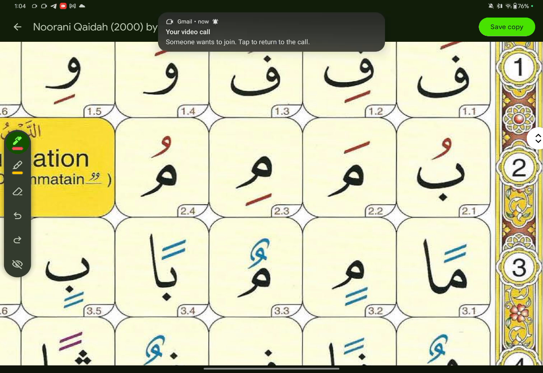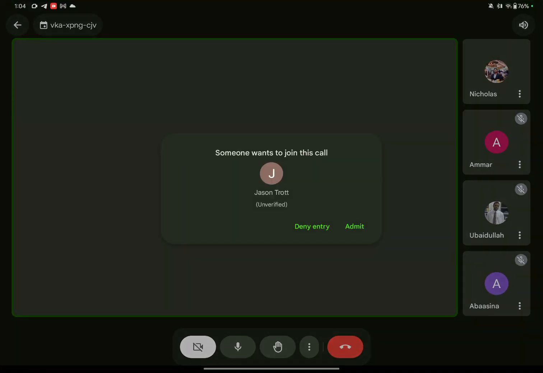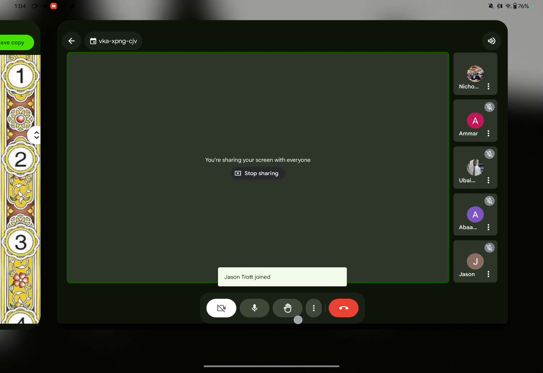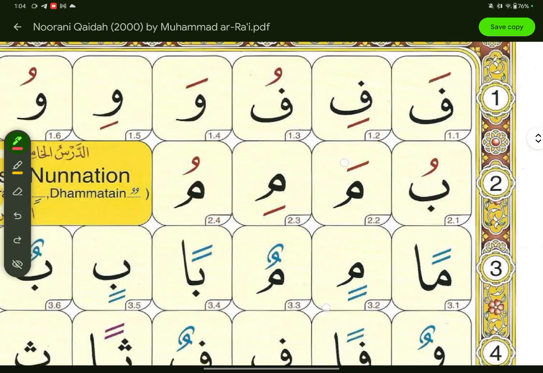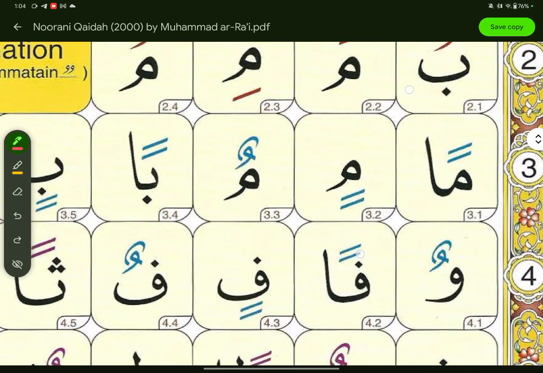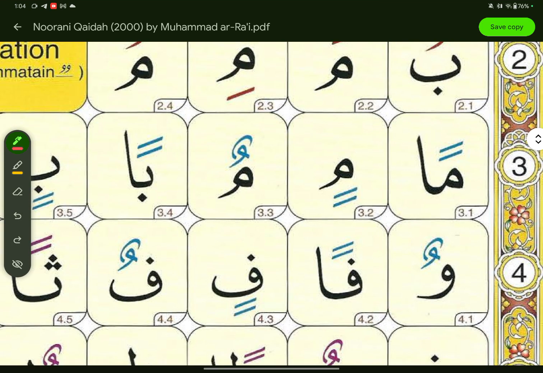So the letter will take the characteristic of the harakat that's above it, the vowel that's above it, or below it. So for example, mim, ma, mim fatha, ma, mim kasra, mi, mim dhamma, mu. Right? So we did this before, and we even went on to see that even though there are three vowels